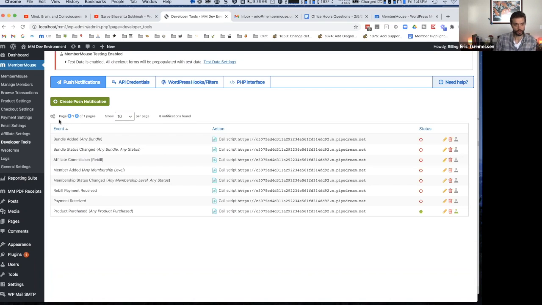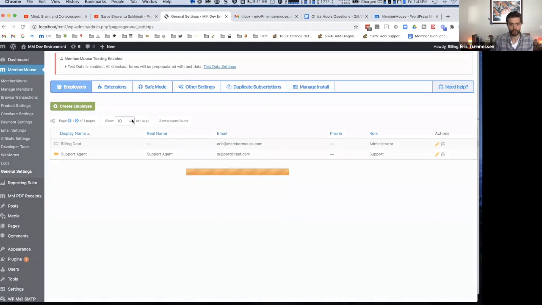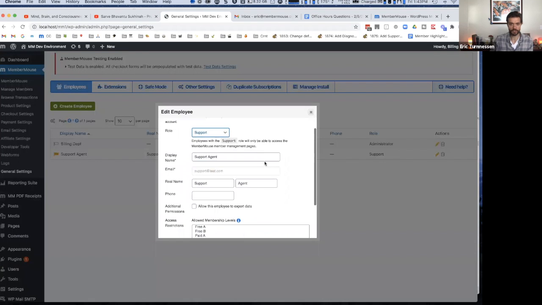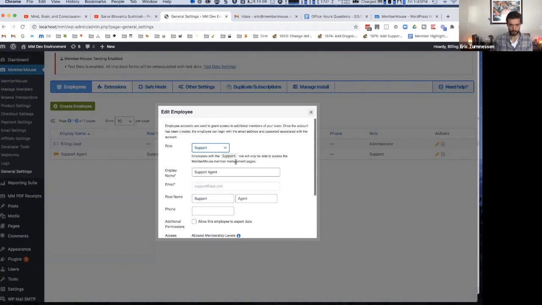Amy's asking, can your employees in the support role add bundles to members? I believe so. So if we create, now this is a support agent. I'm pretty certain they can. I would have to log in as this person to be absolutely certain, but you could also do that. But I'm pretty sure that support agents can